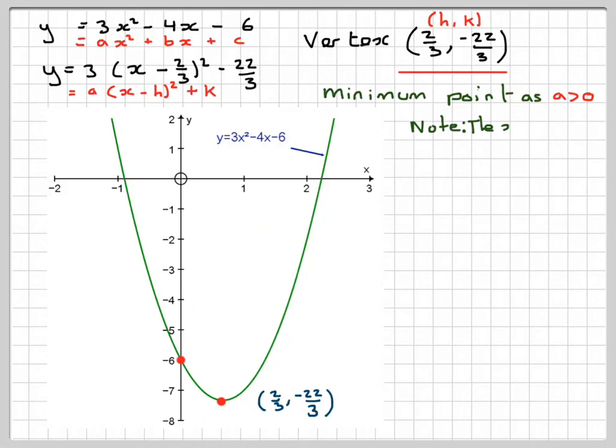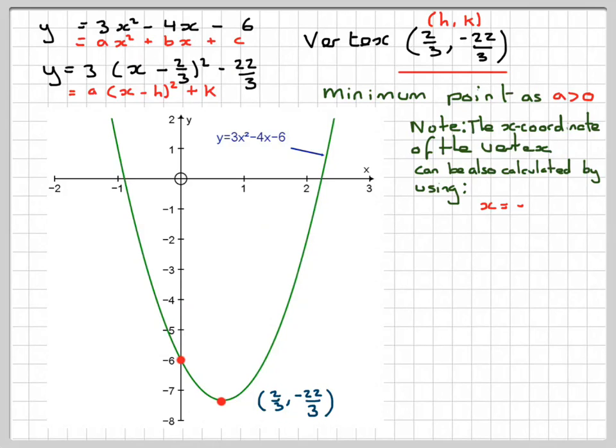And note, the vertex, although we weren't asked to do it this way, can also be found by using the idea of x is equal to minus b over 2a. So b is minus 4, a is 3. So we're going to get minus 4 over 2 times 3, which is 2/3. And finally, if we wanted to find the y coordinate, we can plug it back into this. So we get that